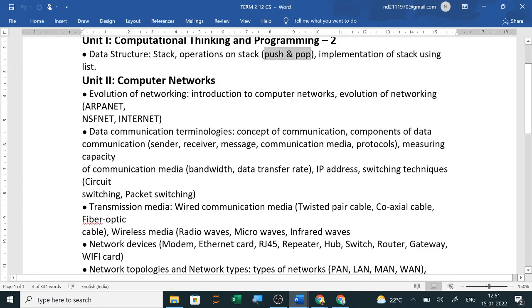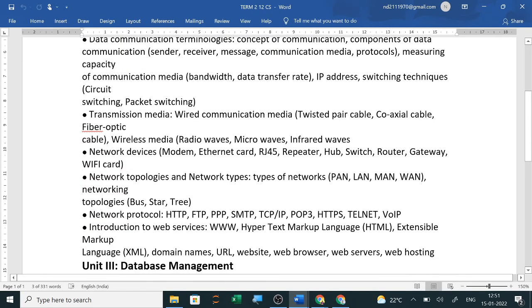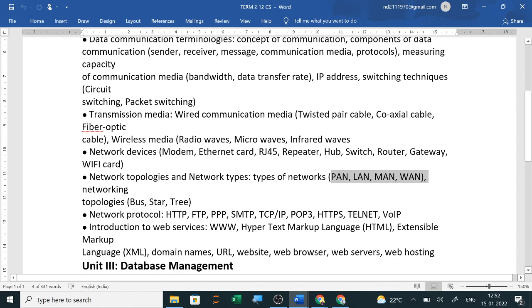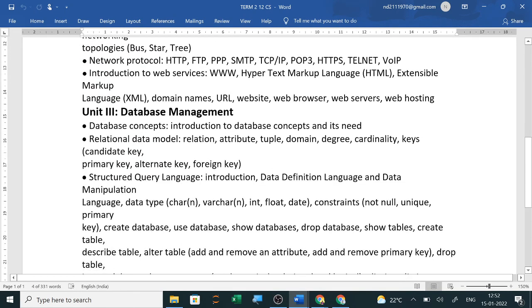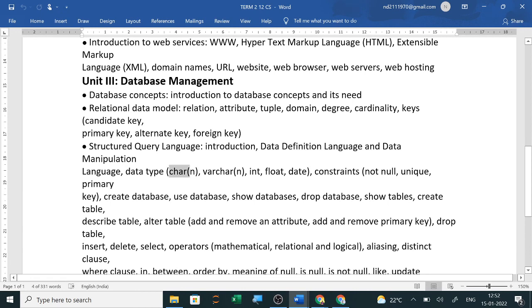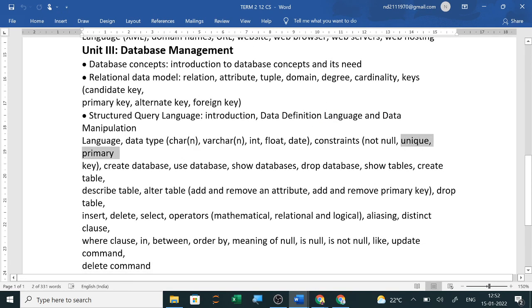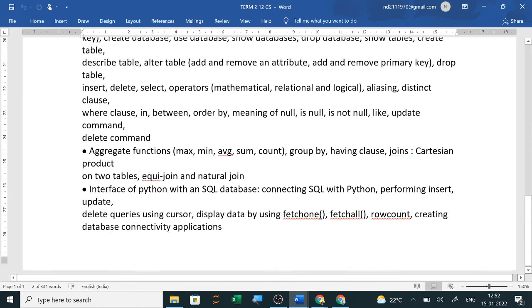Yes. Now in protocols, here all the protocols are the full forms. You just note it down in your copy, because in the exam the full forms of the protocols will be asked. So like this you prepare it. What is XML? Full form of XML, full form of URL, uniform resource locator. Then the differences between char and varchar. Then all the constraints, difference between unique and primary key. Like this, all the differences we will prepare.